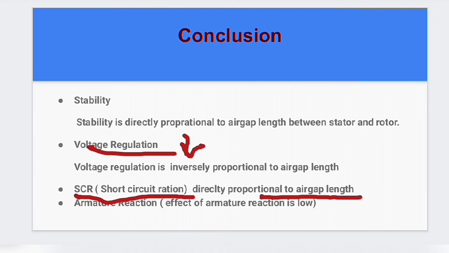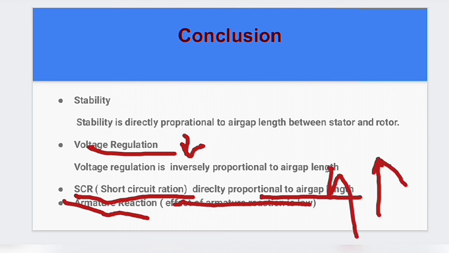And the last one is armature reaction: the effect of armature reaction is low, so efficiency increases, because the cross and demagnetizing effects also decrease, that means the losses decrease, so the efficiency increases. Okay, the next one is,